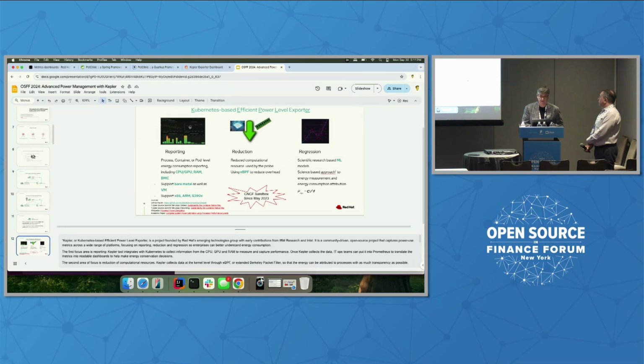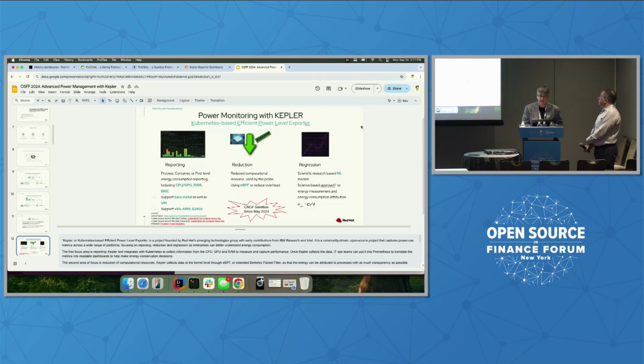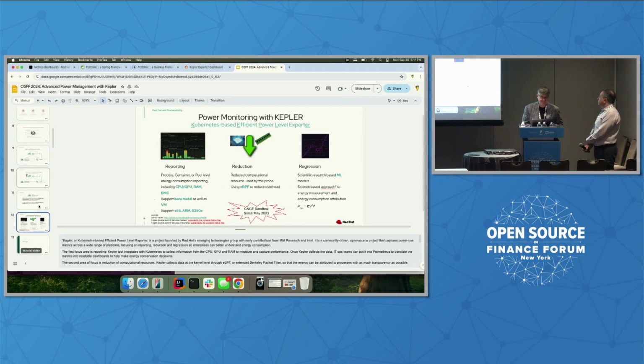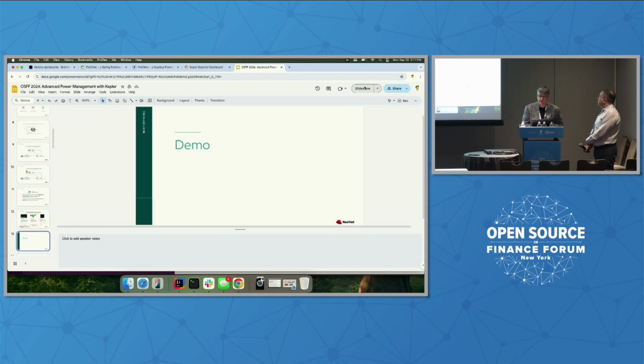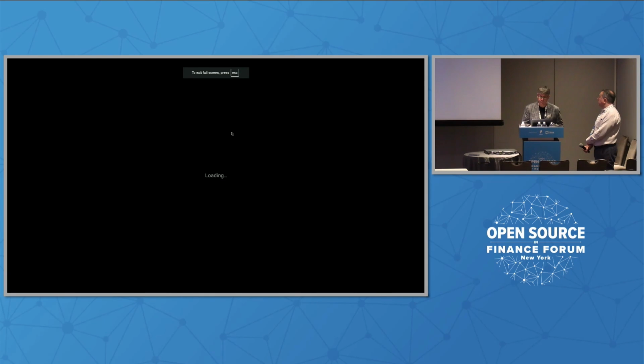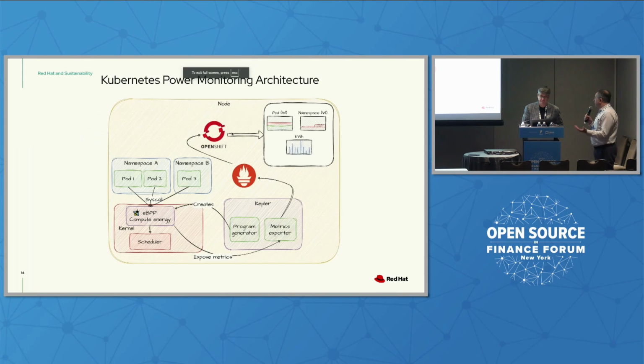So now that you saw that in action, let me talk a little bit about how this is built. Let me go back, because you touched upon that the architecture is a bit different if it's bare metal versus virtualized. I'm going to talk a little bit about that in a moment.